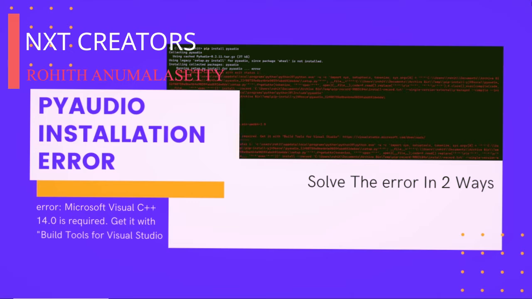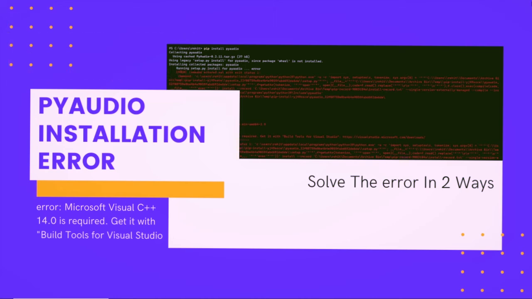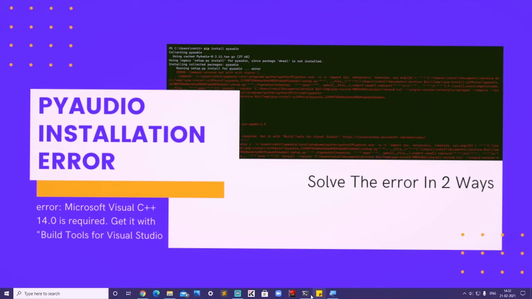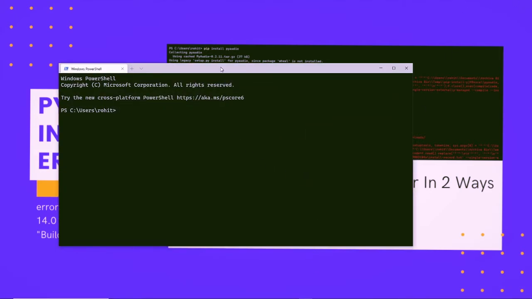In this video, we will be discussing how to solve the pyaudio installation error using pip. So without delay, let's start. We are going to solve this in two ways. First, you need to open your terminal. So after opening your terminal,